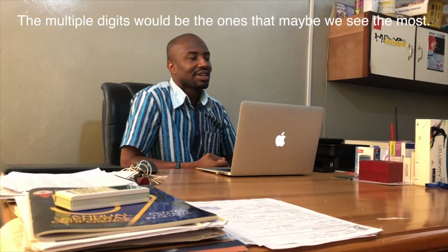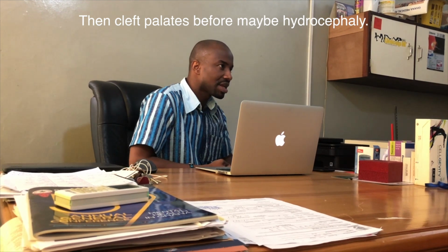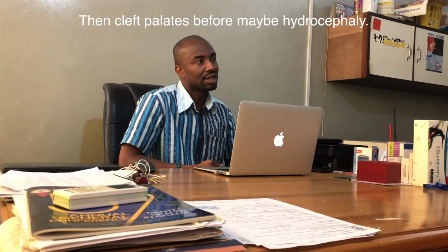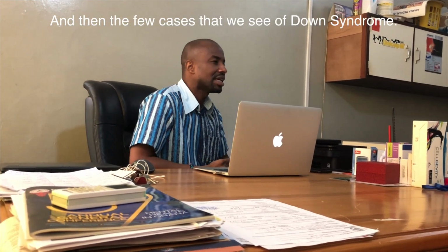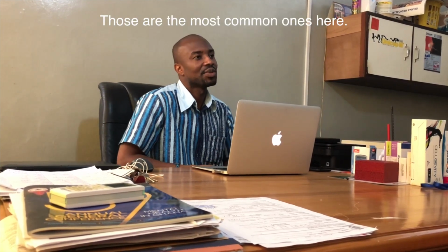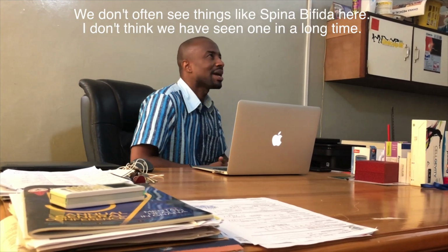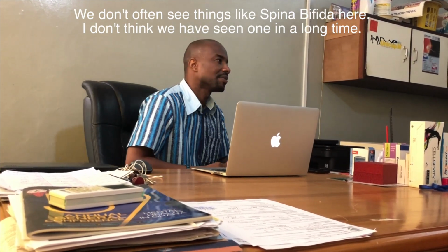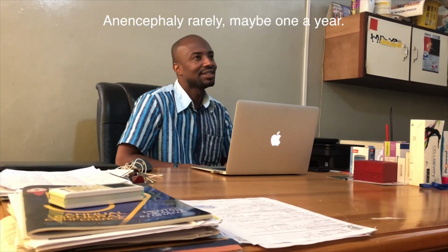Multiple digits would be the ones that maybe we see the most. Then cleft palates, before maybe hydrocephaly, and then in a few cases we see Down syndrome. So those are the most common ones here. We don't often see things like spina bifida here. I don't think we've seen one in a long time. Anencephaly, rarely,